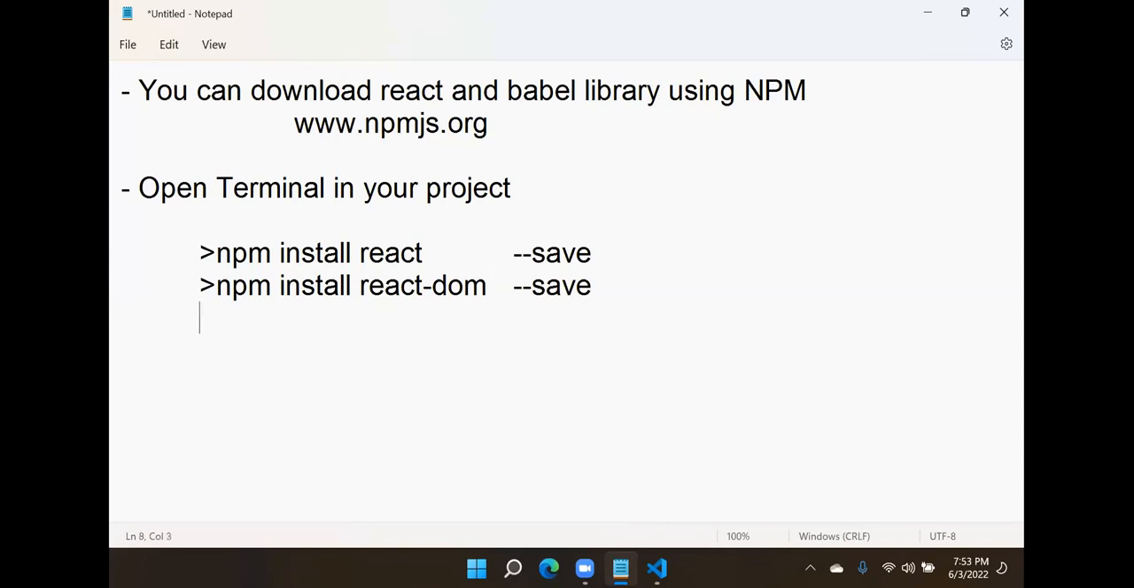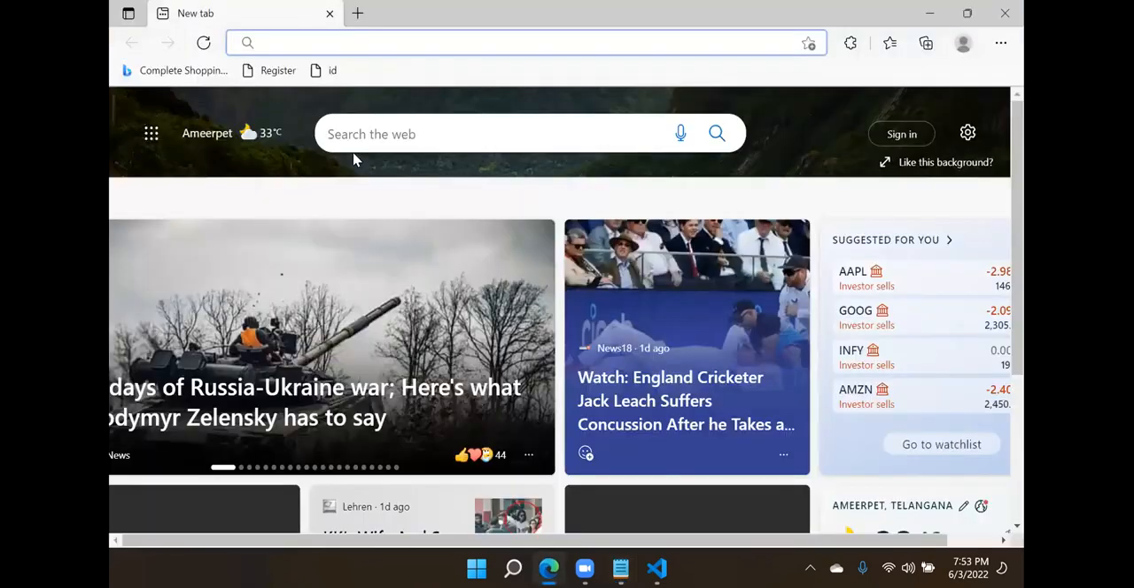Now one more library we need. What is it? Babel. Babel has a lot of things, but we don't need everything. We need Babel standalone. Sometimes Babel versions change and we are not clear about which one it is. Then take help of this site,